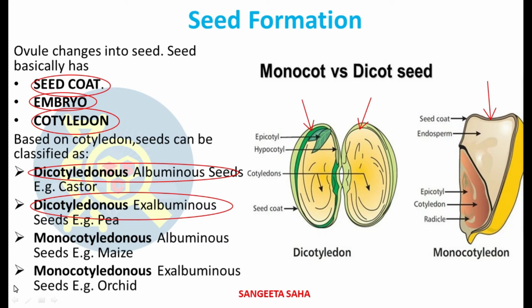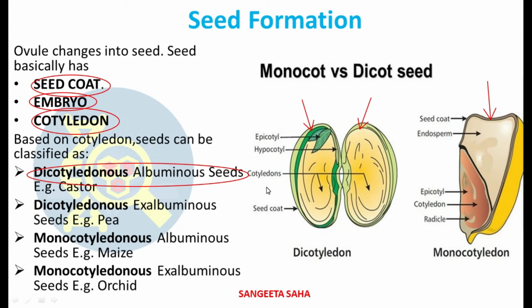Okay, and formation of this endosperm is as a result of triple fusion or the process of double fertilization, and this is very much unique to angiosperm. Got my point? If after formation of embryo, endosperm still remains, then those dicots are called dicotyledonous albuminous seeds or